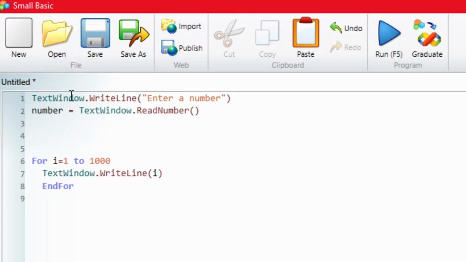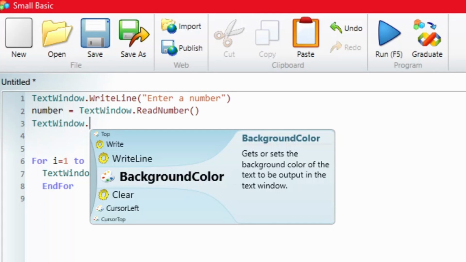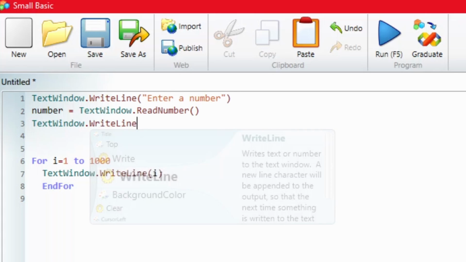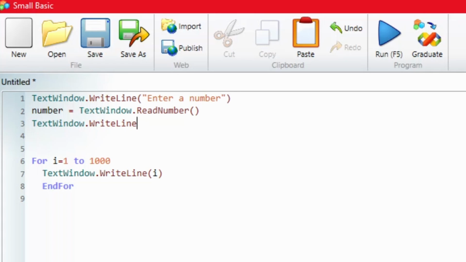Then hit enter. TextWindow.WriteLine, parentheses, inverted commas, and here we will write forward counting.